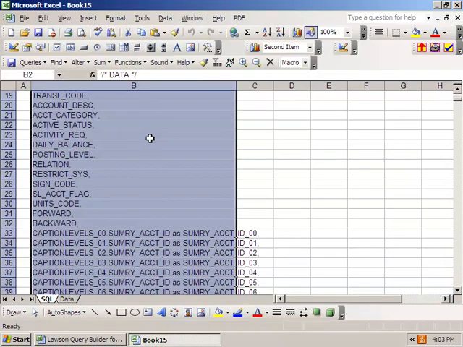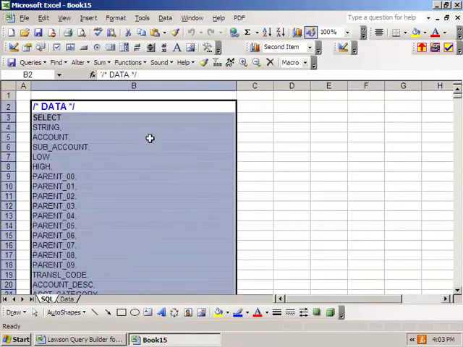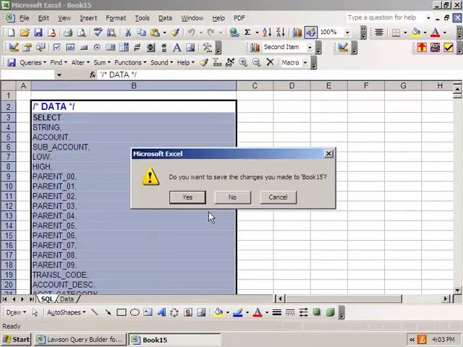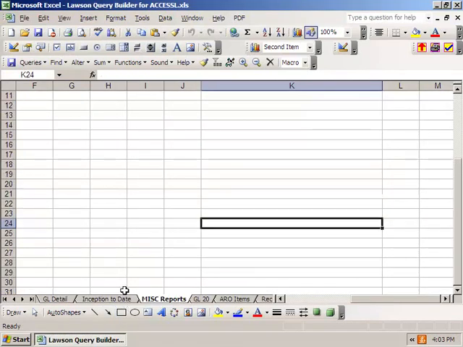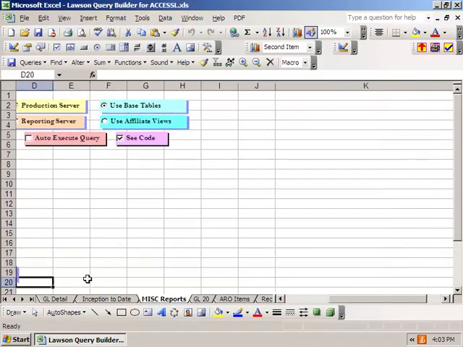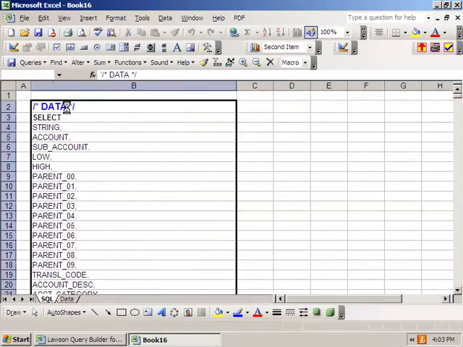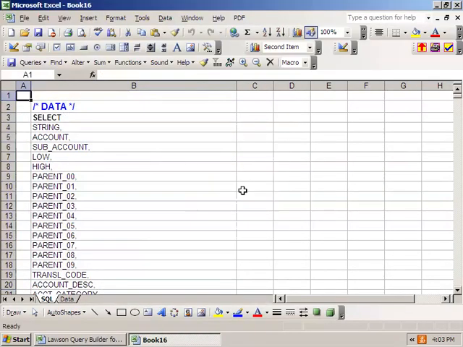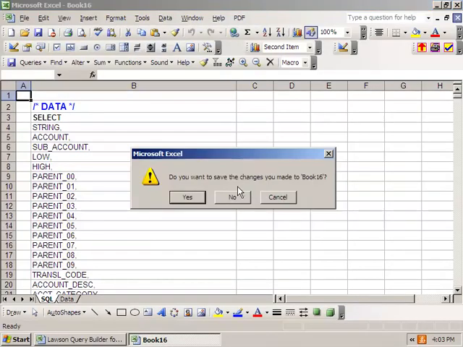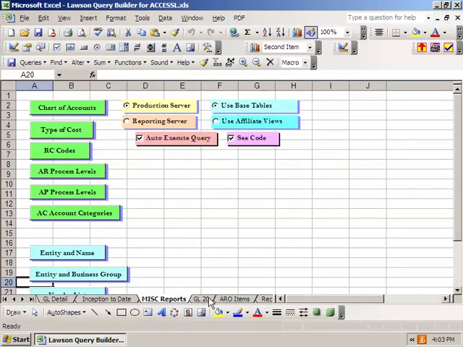SQL statement. And then what would happen normally is, let me close this, that builds a new worksheet and puts that SQL statement on. What would normally happen is if I had this checked where it auto-executed, then when I clicked on chart of accounts, it would go ahead and execute that SQL statement. Now in this case I don't really have a database hooked up to this, but anyway, different tabs represent different